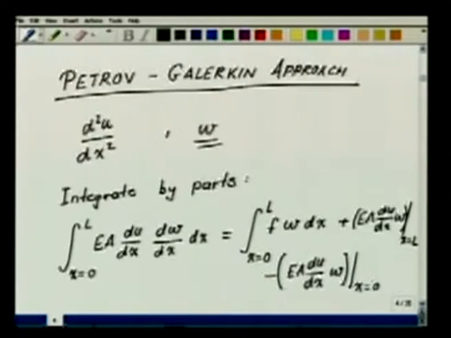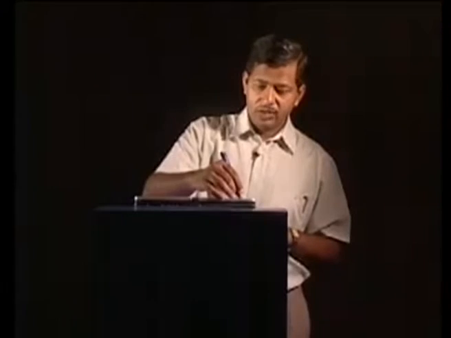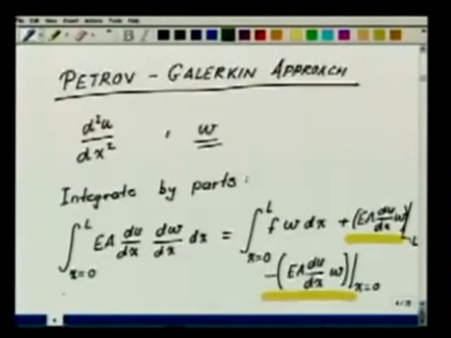So here we have two terms which correspond to the boundary terms. One corresponds to the boundary x equal to L, and this one corresponds to the boundary x equal to 0. So you see that naturally in this formulation, by just doing integration by parts once, the boundary conditions have come into our formulation. And if you remember what we called this formulation earlier, this was called the weak form.